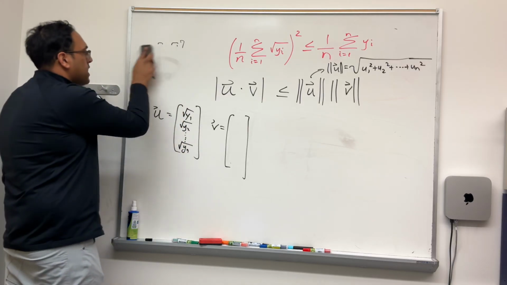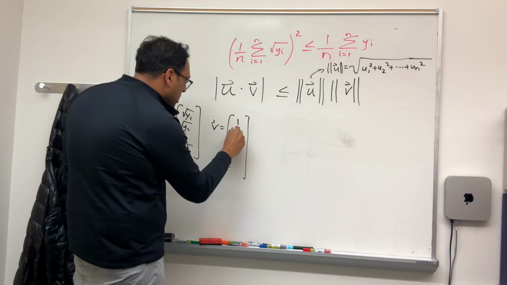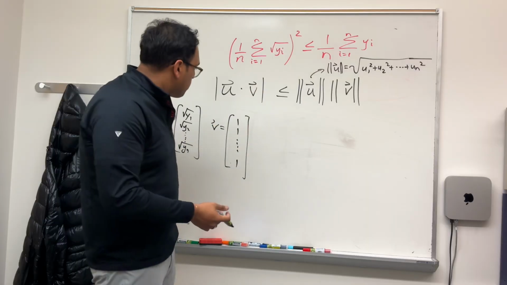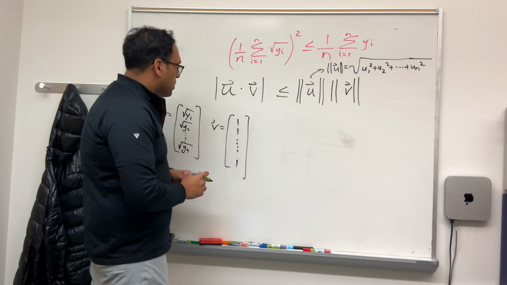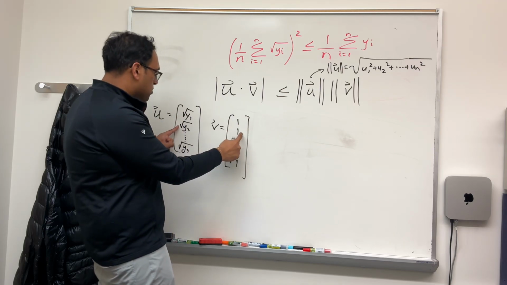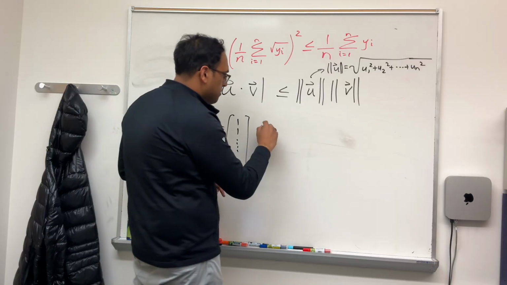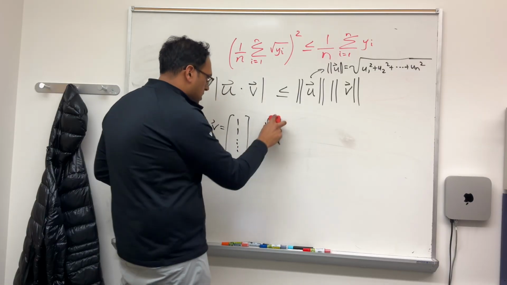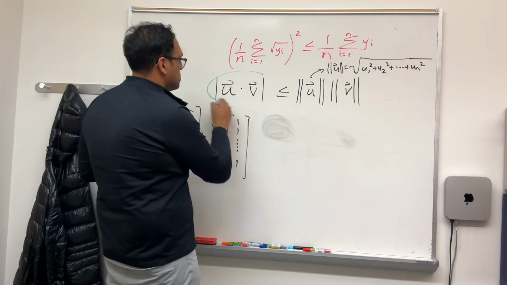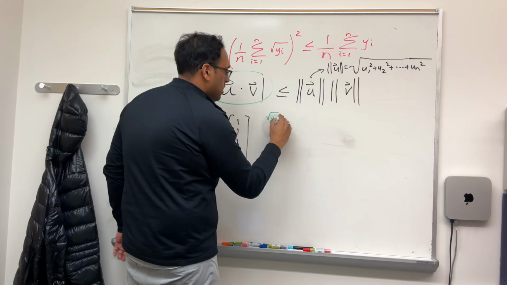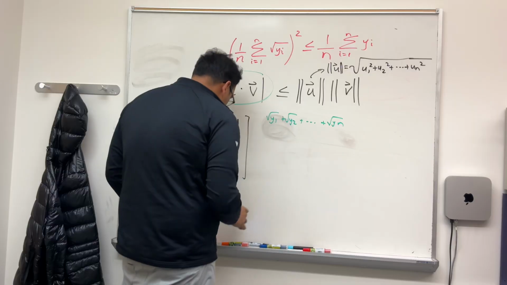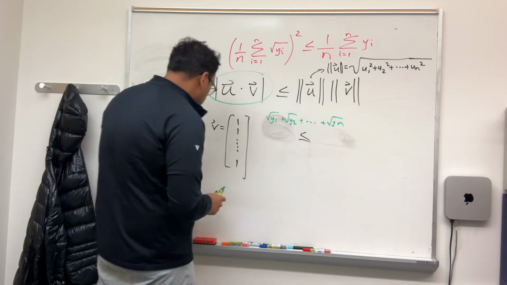What happens if I employ that principle here? This is a common Cauchy-Schwarz inequality strategy. Let's test it out. On the left, I'm going to have the dot product of u with v. That's going to be the square root of y1 plus the square root of y2, dot, dot, dot, plus the square root of yn. I'll add some coloring here so we know which piece of the inequality this is coming from. Maybe we'll say that this is the green part. So I'll have root y1 plus root y2 plus root yn is less than or equal to the length of